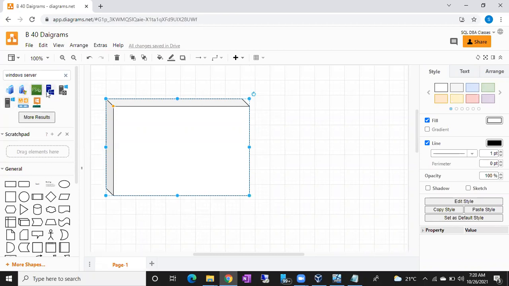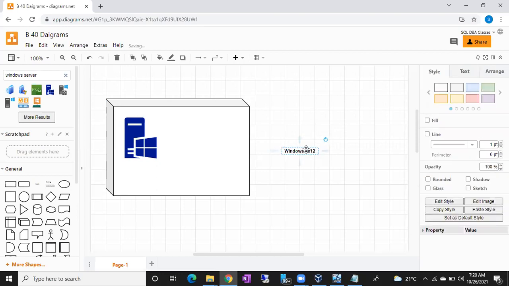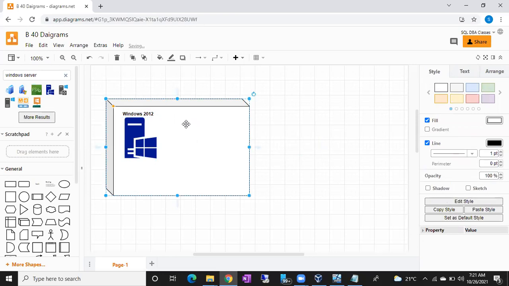Any server you can choose. Imagine this is Windows 2012. Any version, the same procedure. There is no different procedure for different versions. As we have installed 2012, I'm just mentioning Windows 2012 server. We have the Windows 2012 version, right? So this is your Windows 2012 server.